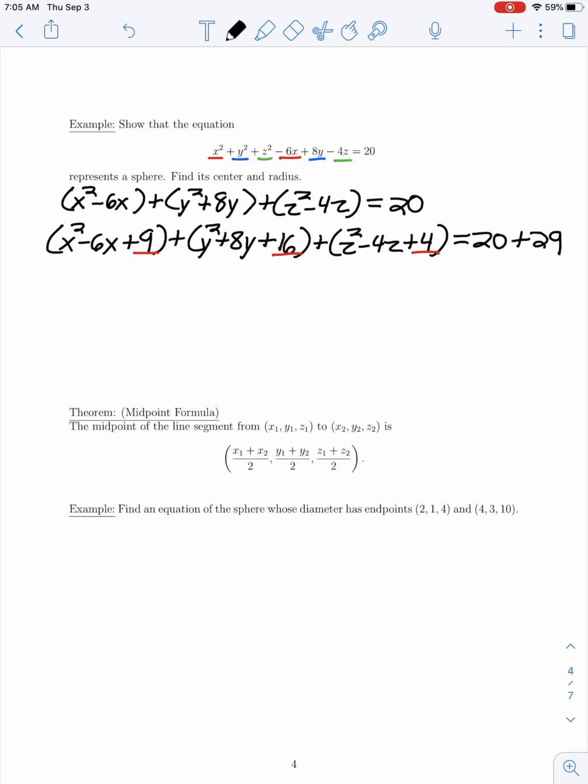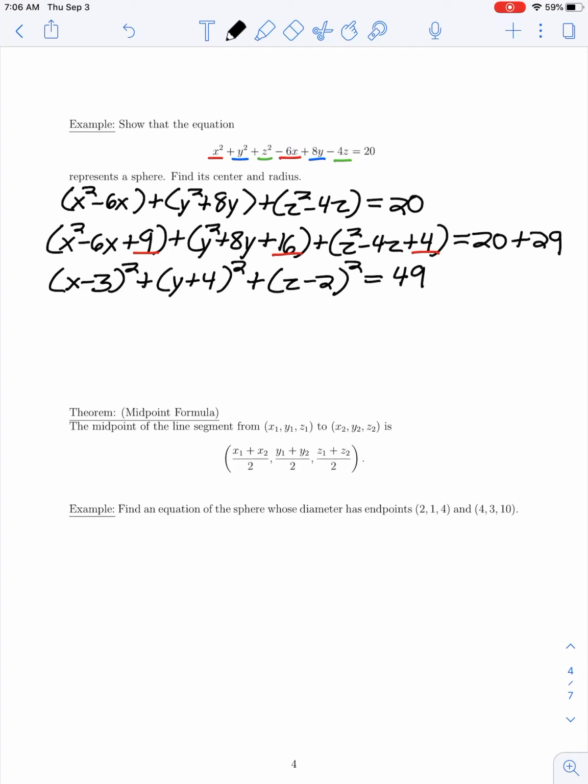So our quadratic in terms of x, we can now factor as x minus 3 quantity squared, plus for the y quadratic, we can factor this as y plus 4 squared. And for the z quadratic, we would have z minus 2 squared is equal to, we're left with 49 on